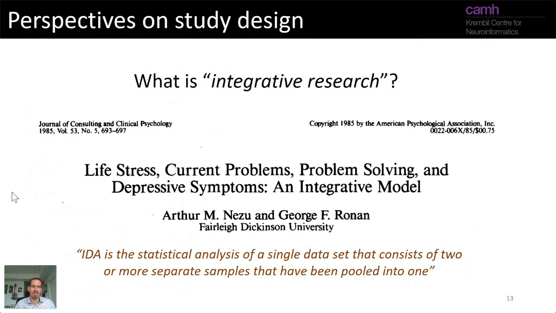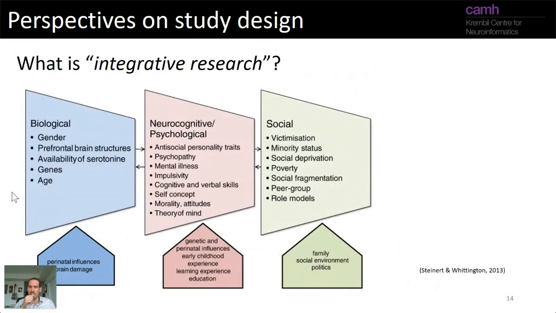And then actual integrative data analysis as a formal concept was introduced as the analysis of a single data set that consists of two or more separate samples that have been pooled into one. Quite non-specific and more along the lines of meta-analysis than bringing together multiple data domains, which is a newer concept. This is in the 80s. And by newer concept, I mean more along the lines of the terminology you hear, like biopsychosocial or cross-disciplinary or cross-domain, ideas that encapsulate very different areas of